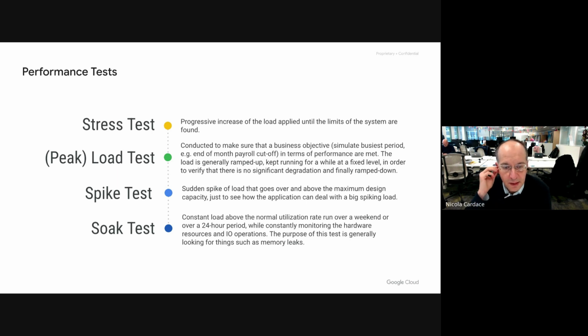I want to make sure that my implementation is not leaking memory, because even if it leaks slowly, it will slowly start using more RAM, and you only find out after a couple of days or several days that the pods start crashing. So you really want to make sure that everything is stable for a very long time.